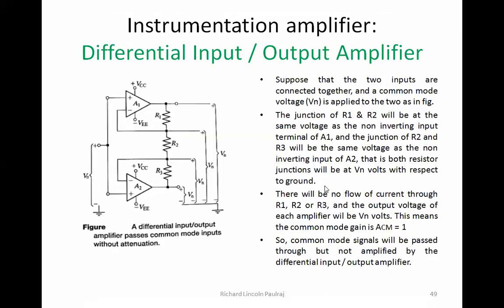Now let us look at a different format. So this is a differential input output amplifier. Okay, so this actually passes a common voltage, right? There we had different voltages. Exclusively here we were giving V1, and here we were giving V2. And you can see that R1 is a part of the feedback network here, and R3 is also part of the feedback network here. And in between, I have the resistor R2, right?